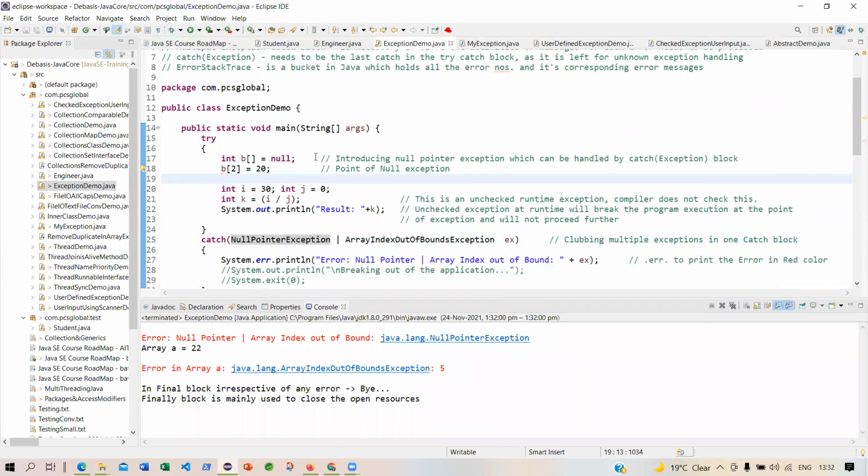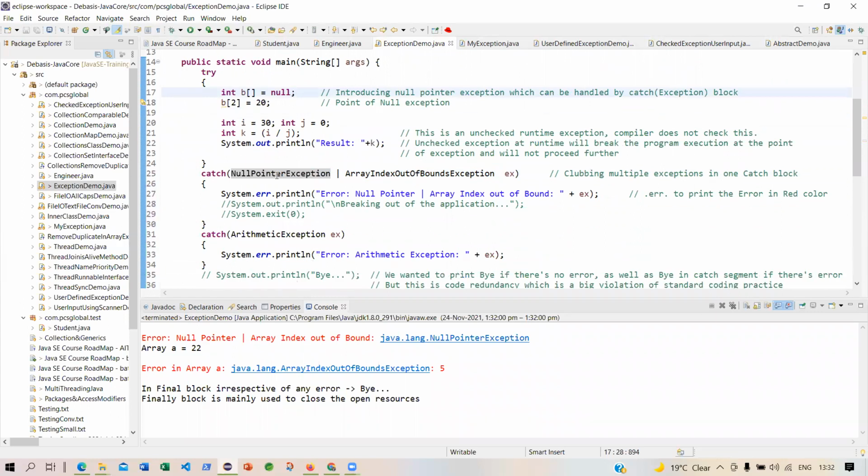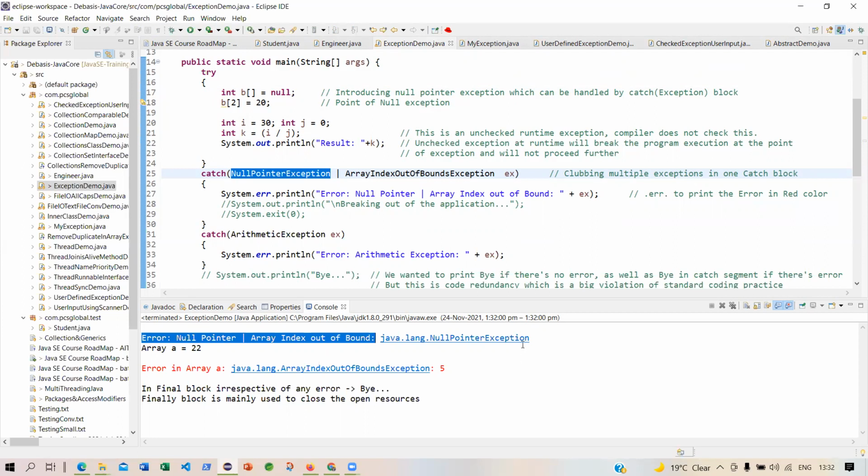So it is not abruptly coming out. It is not exiting the entire code. Yes, it has encountered an error. It has gracefully handled that, because you have handled that correctly. You are giving an error message, the correct error message, and you have also given the error code. If you do not want it to give an error code, fine. You have correctly handled that null pointer exception.